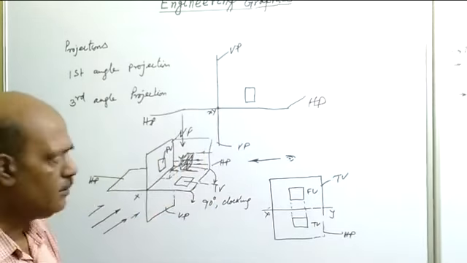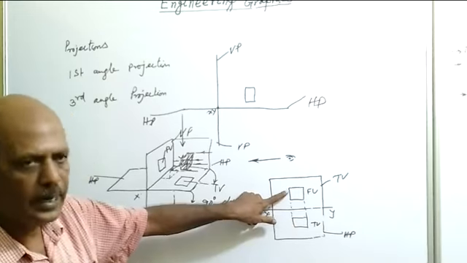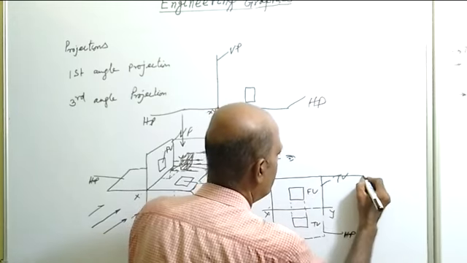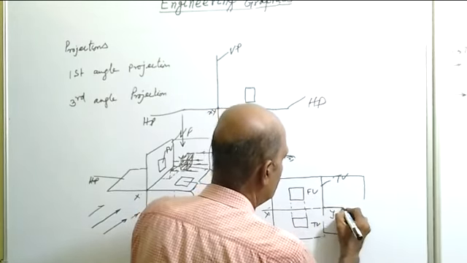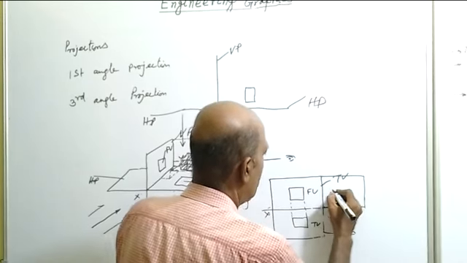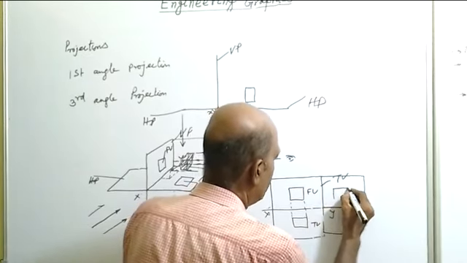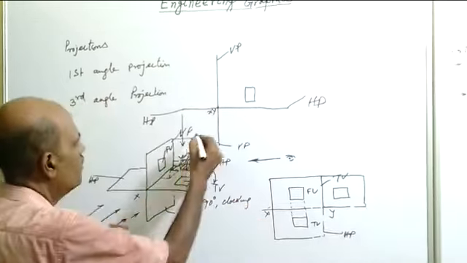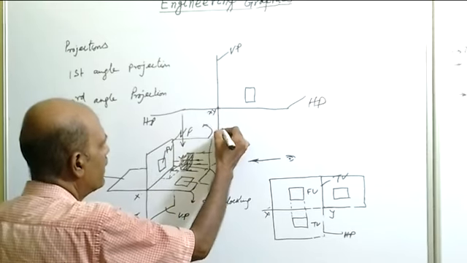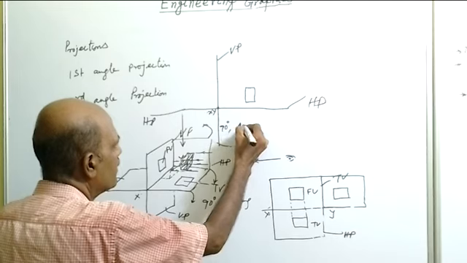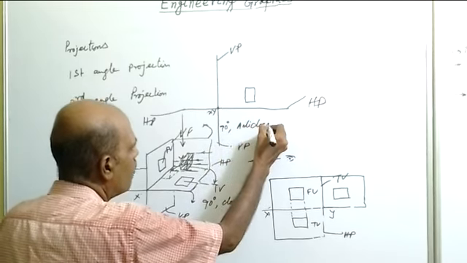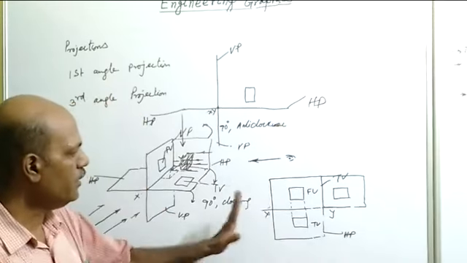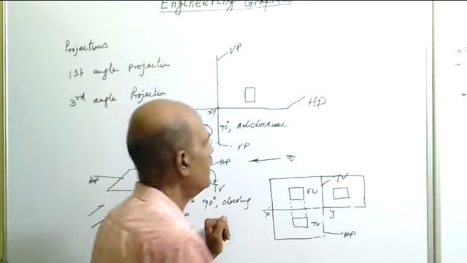So in first angle projection, the top view will be at the bottom of the front view, and if we take a side view, the left hand side view will be formed on PP, and which will be at the right of the front view, because this PP is rotated by 90 degrees in anti-clockwise sense. Okay. So this is the first angle projection and the symbol of projection.